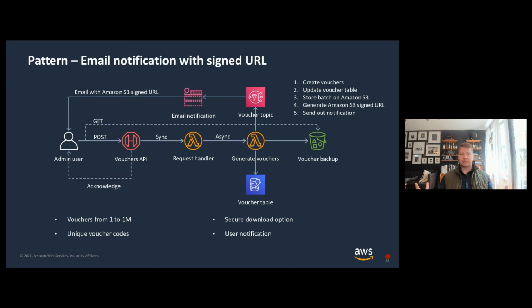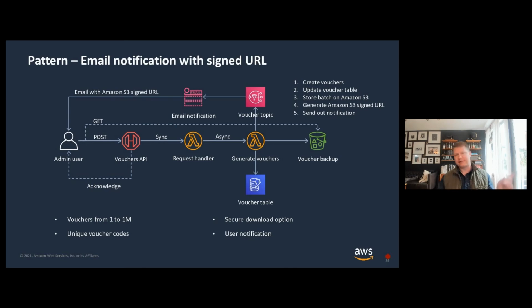And then once the vouchers are produced, it sticks all of those in a DynamoDB voucher table that's saying, hey, these have been requested, redeemed, partially used, whatever it may be. Again, there's a TTL on this particular voucher table because coupons are only good for so long. But going from left to right again, just to take all that detail out: admin user, voucher API, request handler to the generate voucher.